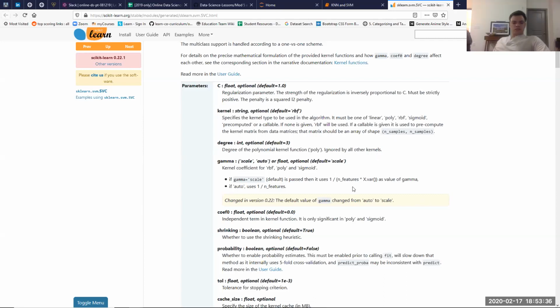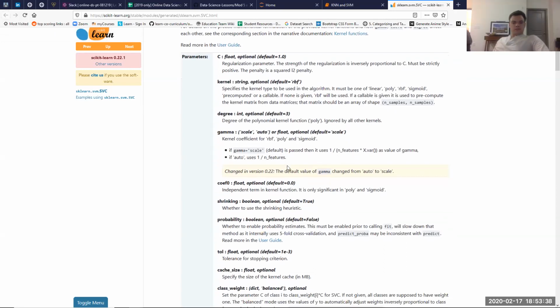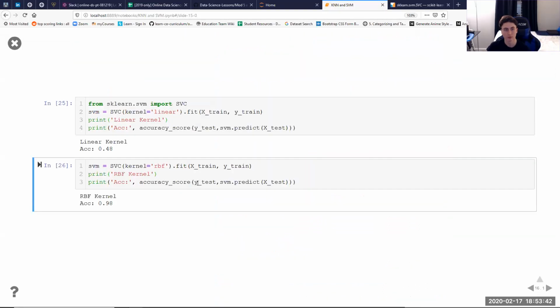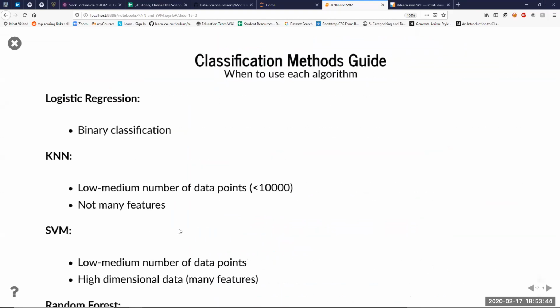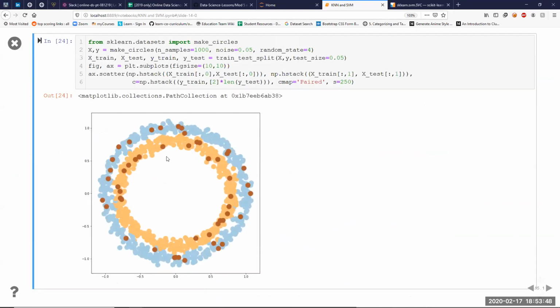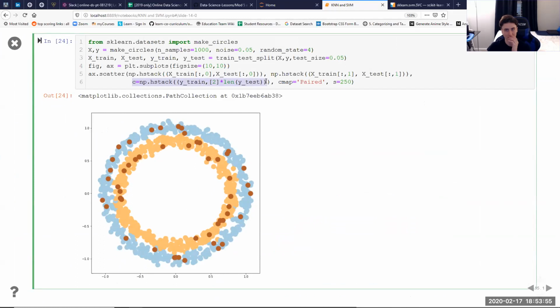Gotcha. Yep, and your scatter plot, the np.hstack. Yeah, can you just explain how you realize this? Yeah. Okay. So